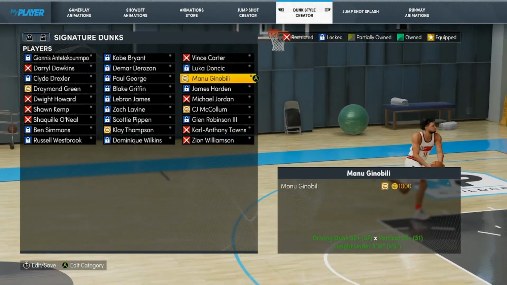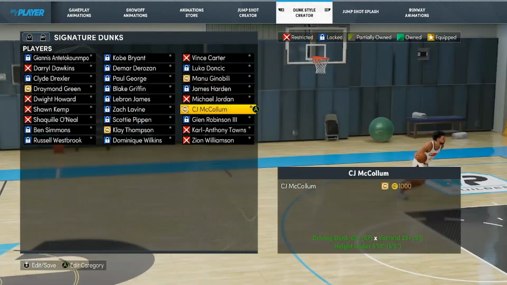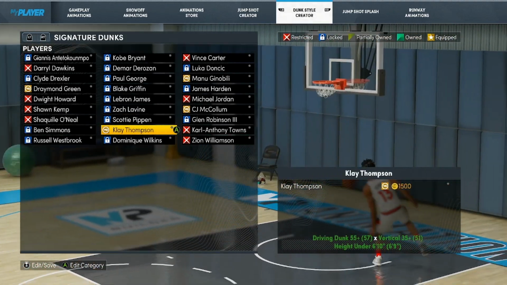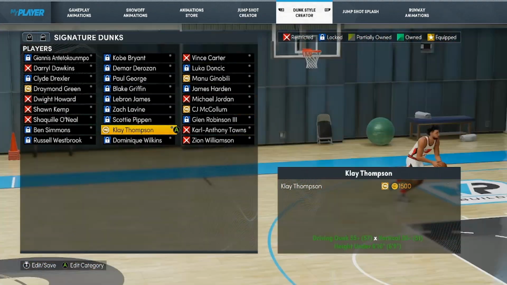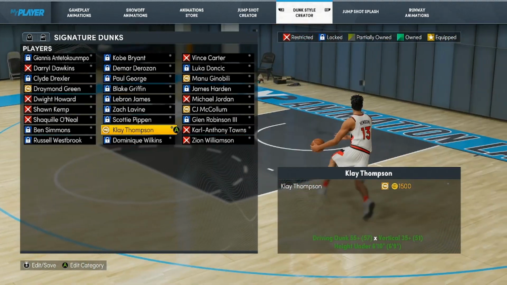And the ones that got the VC on it, you can get that now. You can use them right now, which is usually just a lot of rim grazer type dunks and stuff, which I wouldn't want to use. Klay Thompson probably got the best rim grazers out of all of them, to be honest. But